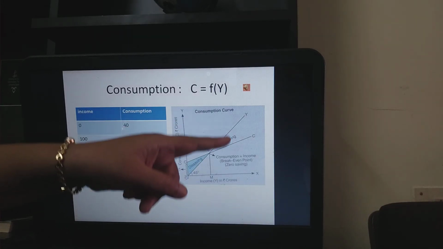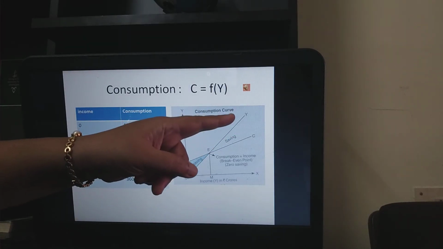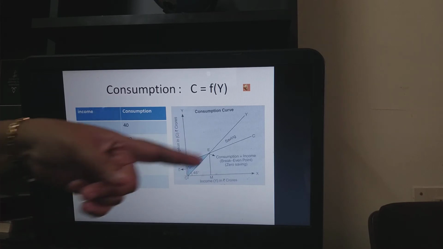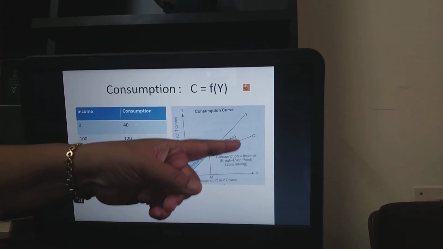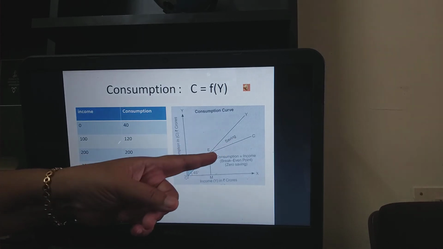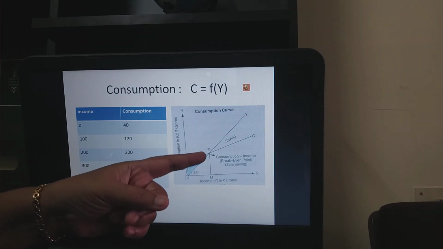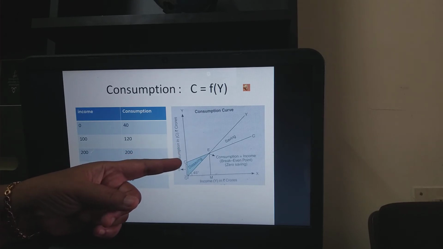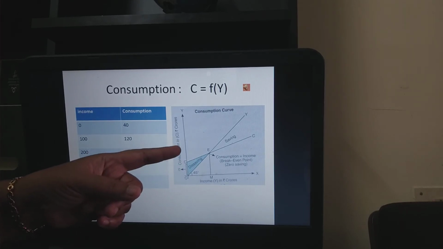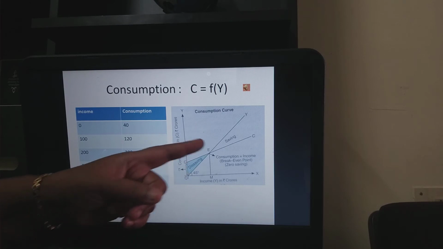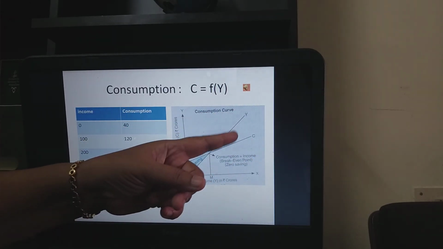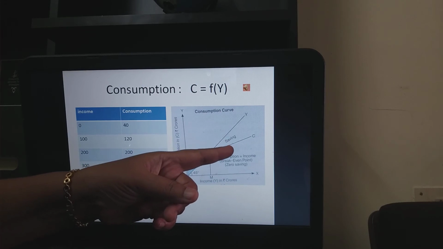You see that? The income curve lies above the consumption curve, and there you observe that there is going to be this positive savings area represented. So E is the break even. To the left of the break even, there is a dis-saving shown, indicating C is more than Y. To the right of the break even, Y is more than C, or there is a positive savings represented.